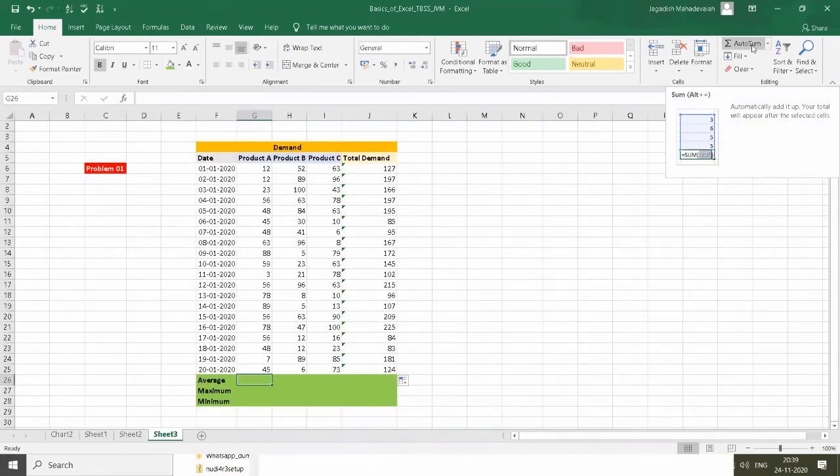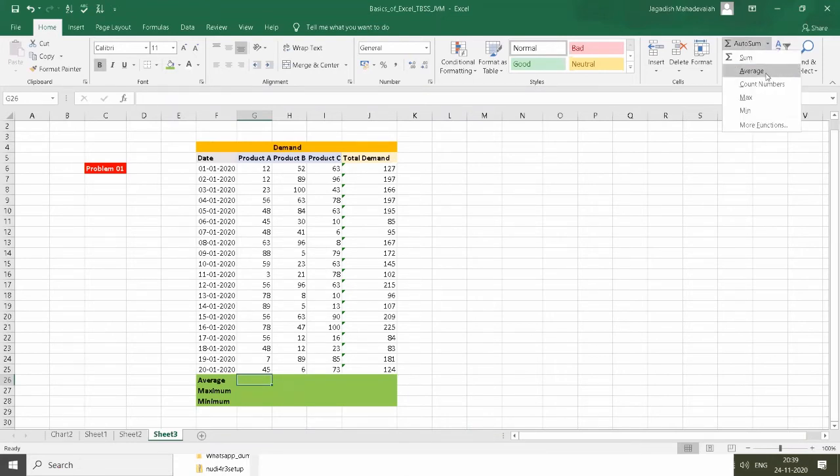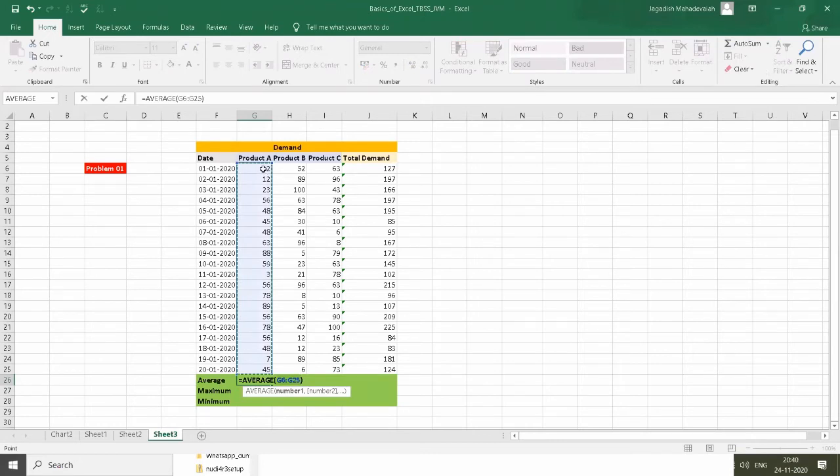Same auto sum. Now you may think why this man is going back to the auto sum. Please don't worry, I'll tell. You can find a small arrow mark here. Click it. Average. You can automatically calculate even the average. Click it. It automatically takes the numerical values, it is programmed to take the numerical values in any cells when you apply the average function. So from 1st January to 28th January, it has already taken the values. Now you just need to click Enter.